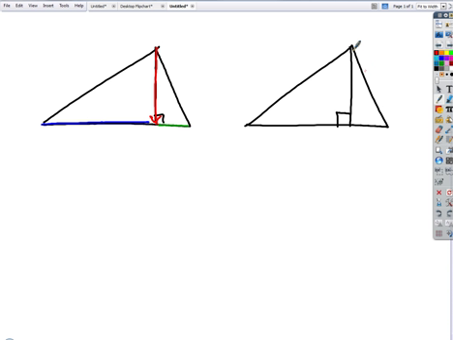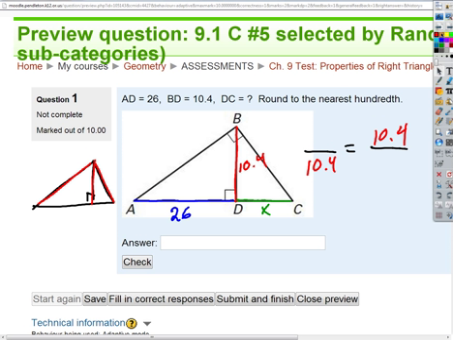Okay, and what if we had done, say, this leg? Well, same rules apply. This leg is going to be the geometric mean of the whole thing and that little piece. Make sense? Okay, so going back to our problem here then, 10.4, the altitude's got to be the geometric mean of the blue and the green. So if we plug those in,